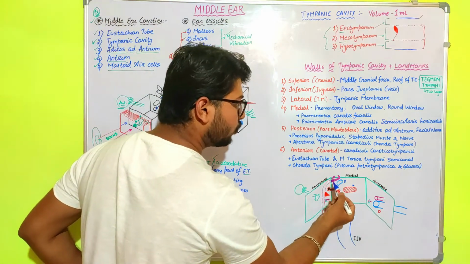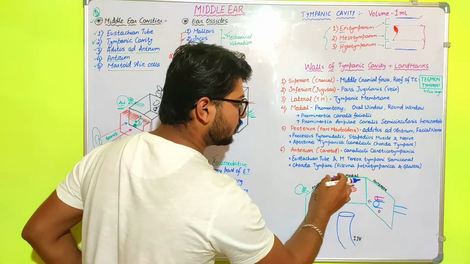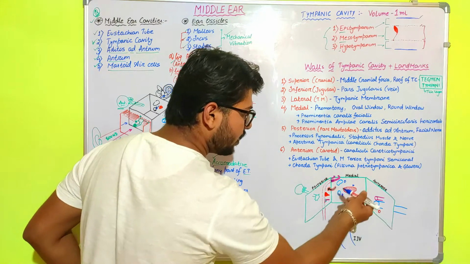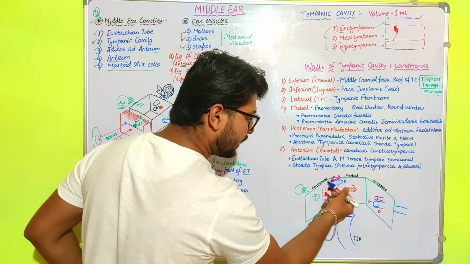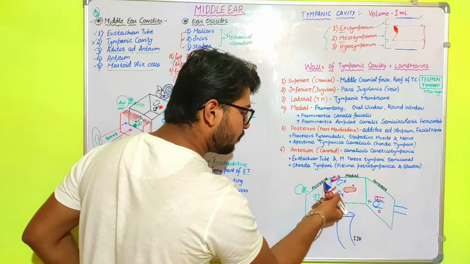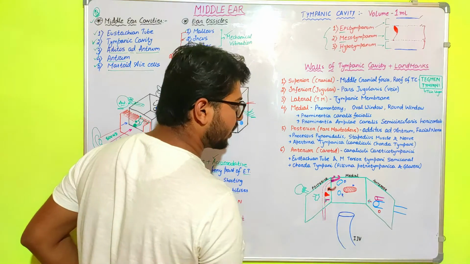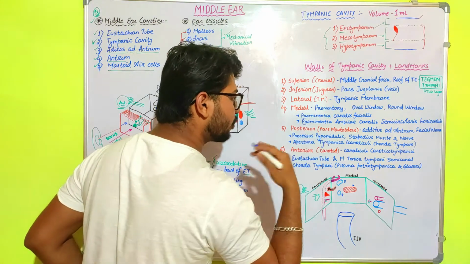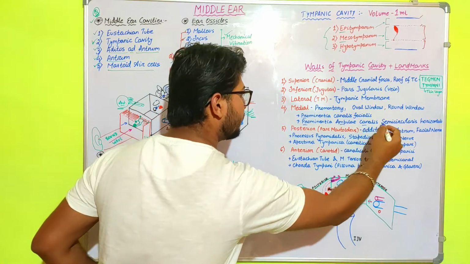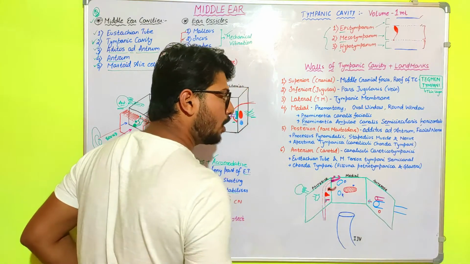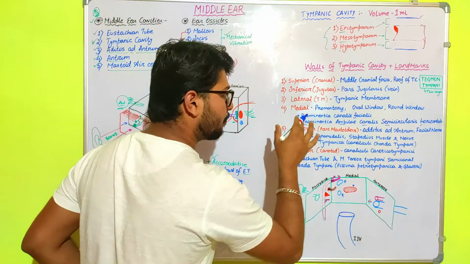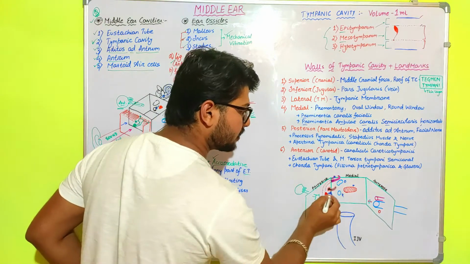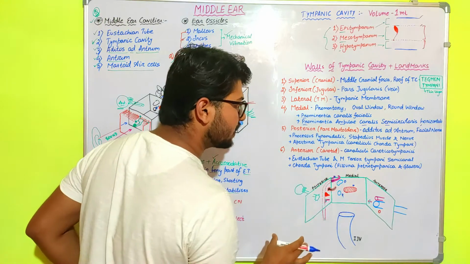Then the prominentia canalis facialis. It is the projection that is formed due to the facial canal. This is the facial canal that passes from the medial surface and enters the posterior surface, and behind the posterior surface it travels in a backward direction. Along with that we have another prominentia, of the ampulla of the horizontal semicircular canal, or lateral semicircular canal prominentia. So this is the lateral semicircular canal prominentia that is present on the medial surface.